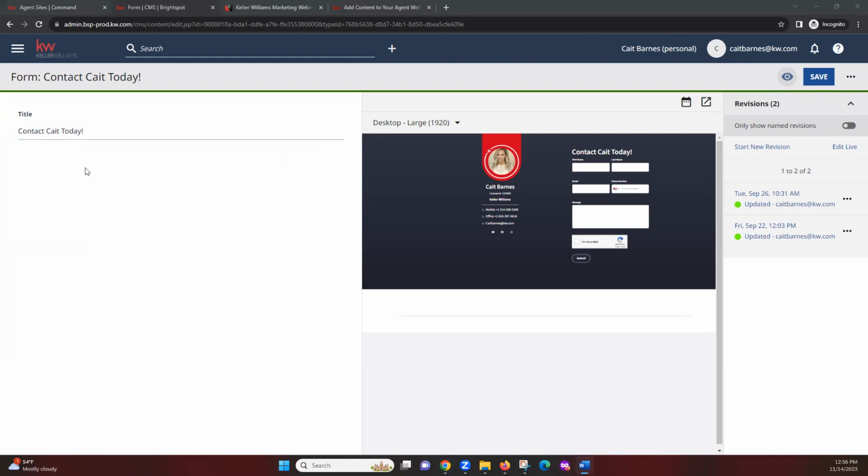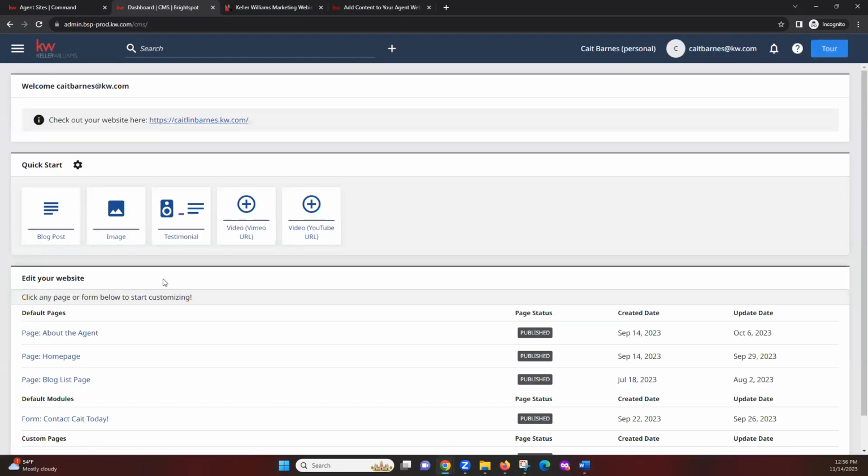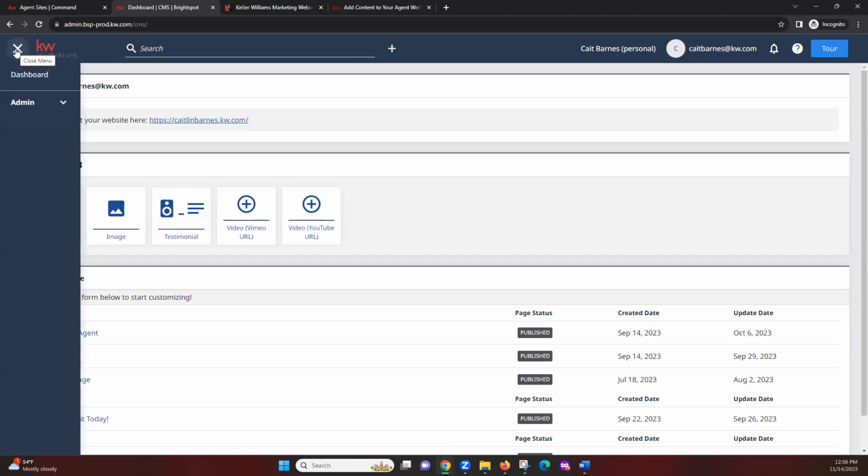So the last thing that I'm going to show you on the back end of the site today is we now have the option to change the color theme of our site. So if we go to the top left corner and click on these 3 lines here, we can click on that and then click on admin